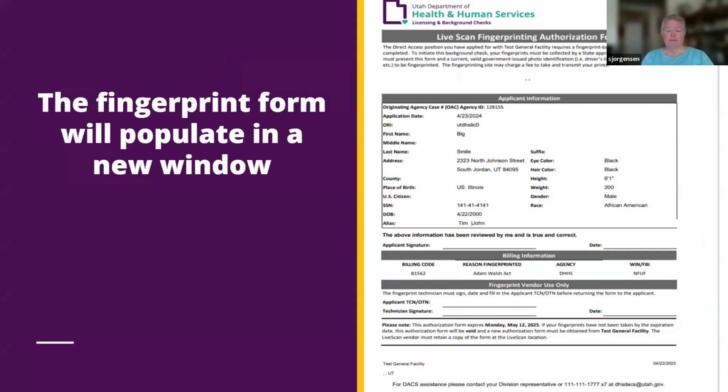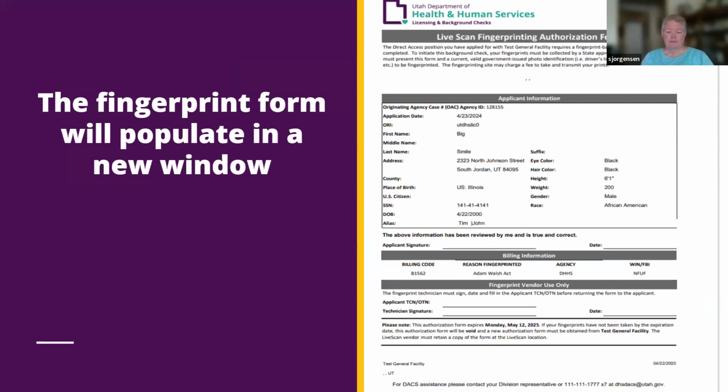Next slide. So the fingerprint form, once you're able to click on that, it will pop open in a new window, and the fingerprint form is then created. Now, before you print it, now is a great time to check and make sure that everything is correct on the form.